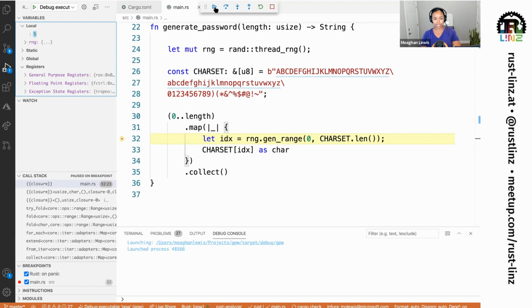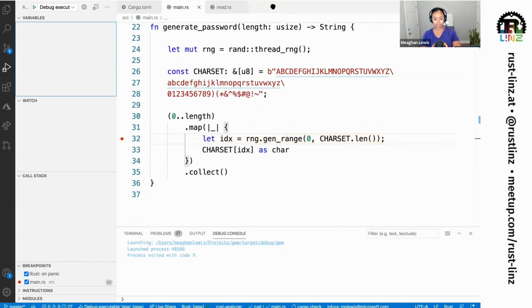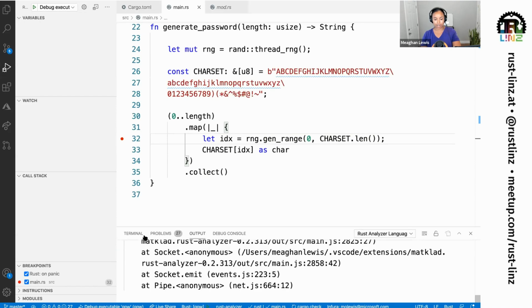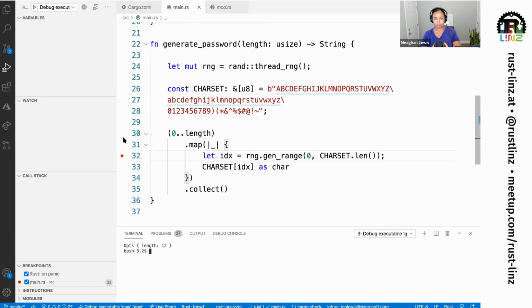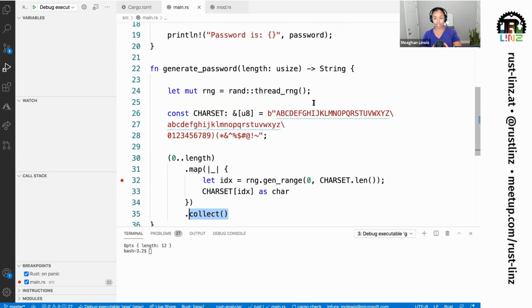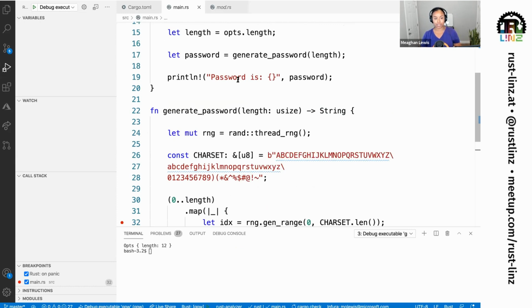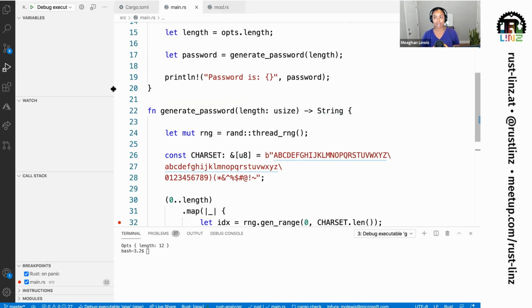So this will continue to cycle through. I'm going to just go ahead and stop this for now. I see that the process exited. I don't see any other information there because I guess I just stopped it. But if I wanted it to run all the way through, I could do that and eventually see the output, where I would ultimately return this collection as a string and then be able to print the password out. So that's a little bit of an overview about debugging. We'll come back to that momentarily.